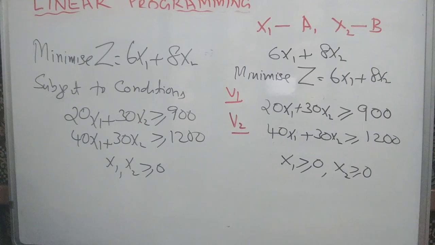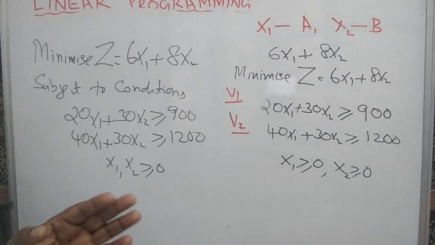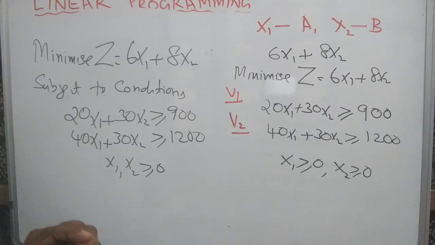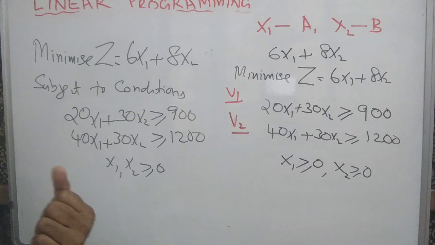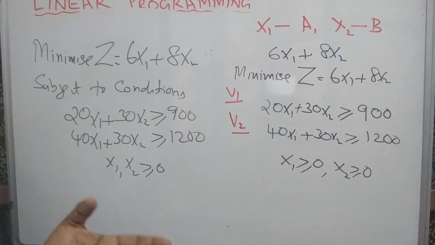Now, we discussed two problems. One is a problem of minimization, other is a problem of maximization, under the knowledge category. Simple, direct problems. Then we are going for formulation. A linear programming problem in two variables can be solved graphically. If it is more than two variables, it cannot be solved graphically. In that situation, we use the simplex method that we discussed earlier in a lecture class.